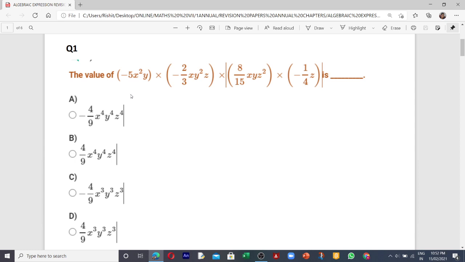You can see the vertical bars are there. So ignore it, children. Okay, this is because of the copy paste. So please ignore these vertical bars, children. In the answer also these vertical bars are there. So ignore them. Just multiply the algebraic expression. It's only the algebraic expression. What will be the answer? Is it A, B, C or D? Okay. It will take a few seconds. So do it, and write down in the chat box. I am waiting for your answer, children. What will be the answer?